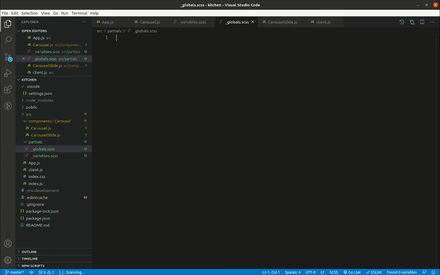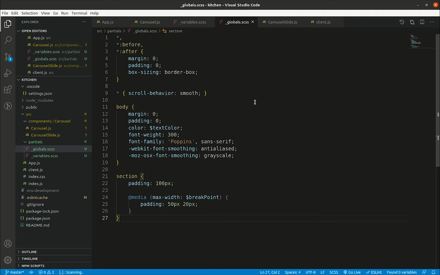_globals.scss. So this partial file will contain all the styles that I would like to apply globally for all the components and also for the body. So I will copy and paste some of the basic styles that I have already defined. Let me save this file, and now I'm going to create another partial file,